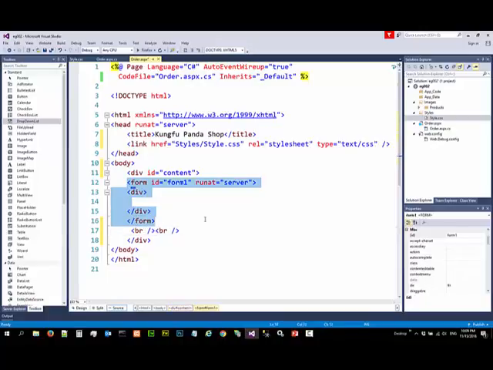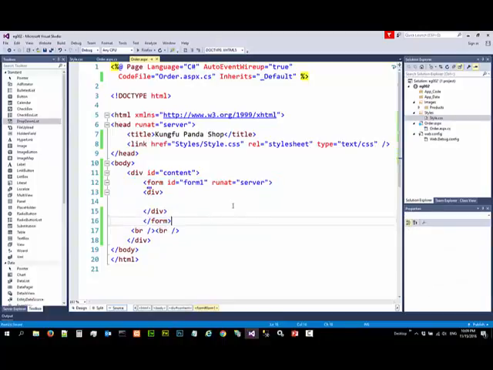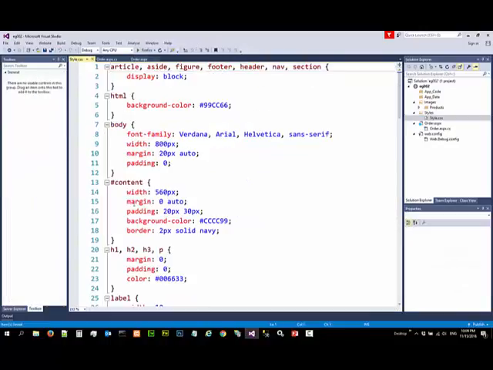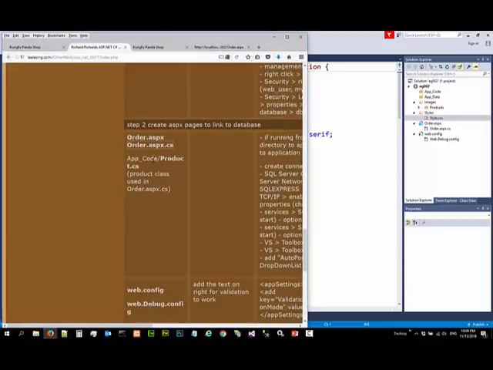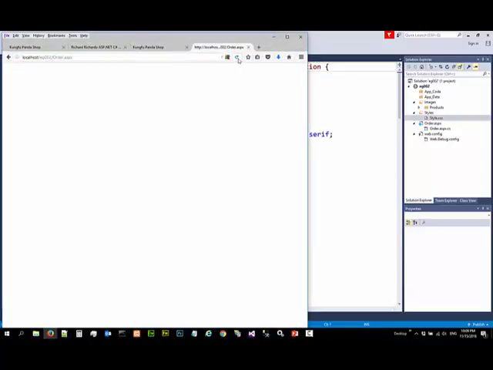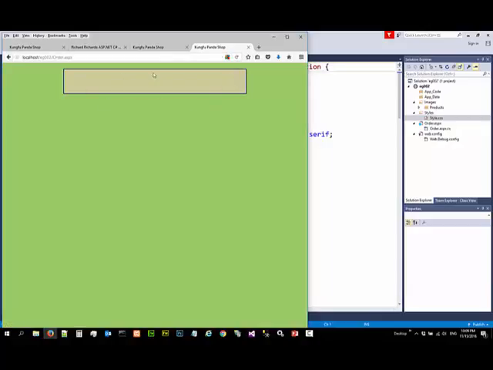Let me indent this by pressing the tab key. So this content follows the formatting here, so that this content ID formats that. So we have something that looks like this,